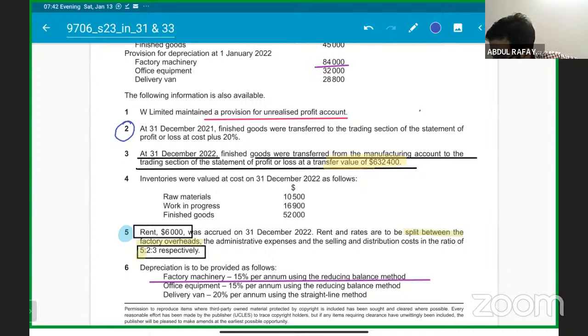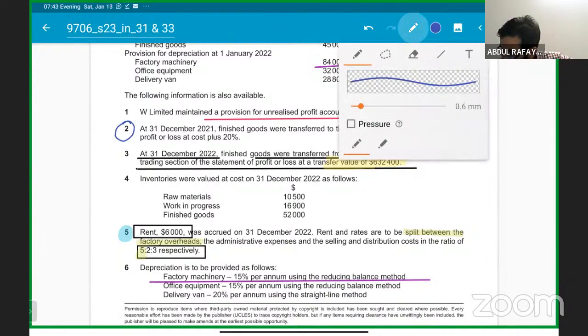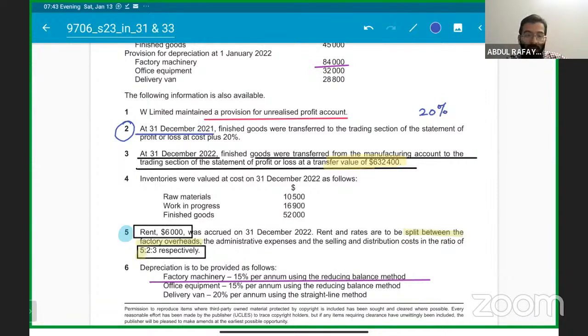They are telling us that last year it was a 20% rate. Okay, everyone getting it? How much was the rate last year, students? It was a 20% rate for the year ended 31st December 2021. And what is this rate? This rate is for transferring the goods. How much markup do you add on your cost? Everyone getting it? Clear? How much markup you add up in your cost, that is 20% for the year ended